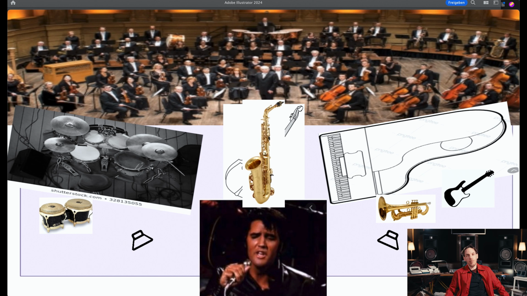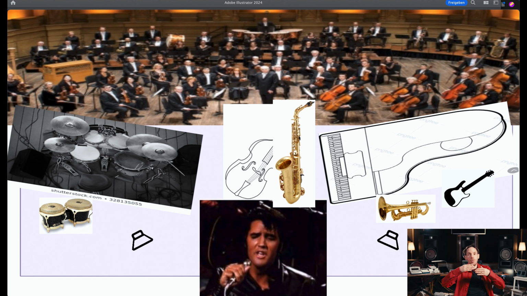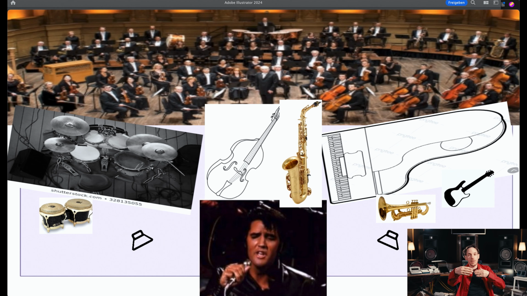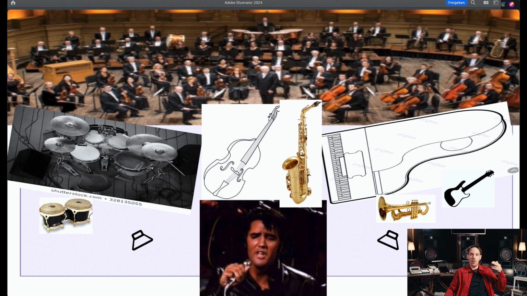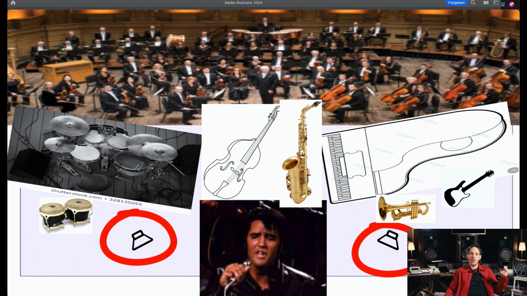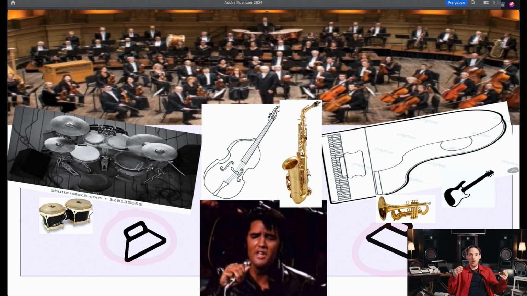So in a good mix, you have place for everything, but only if you manage to get the staging to the depth. And how you do this, whether you use a lot of reverb, a lot of room mics, whether you use delay, or other things, that's totally a matter of taste. Every engineer does this differently, but it's not a matter of taste that you have to do it.